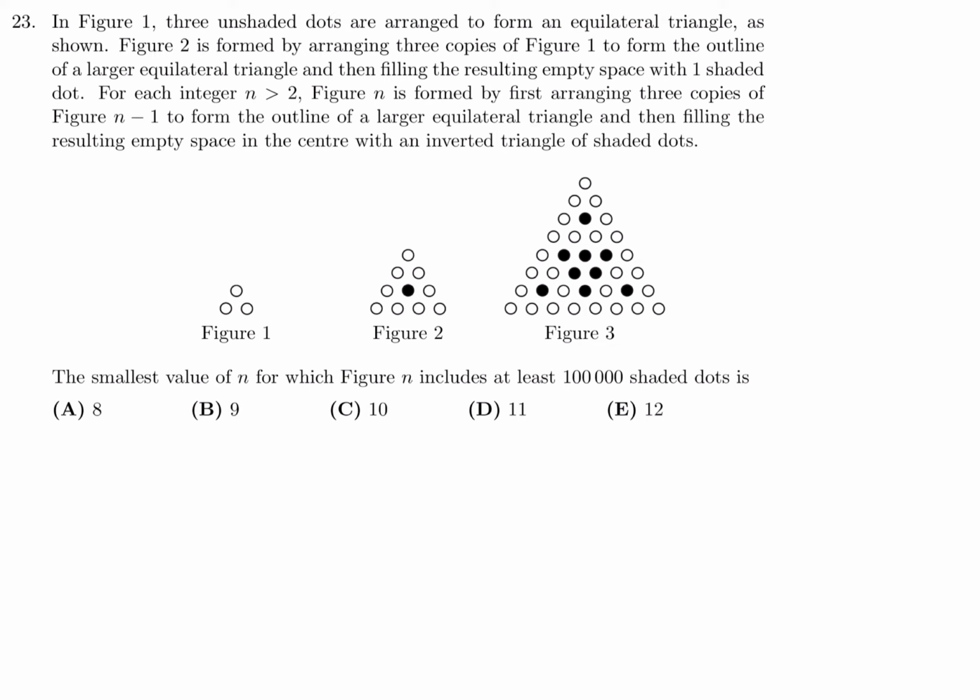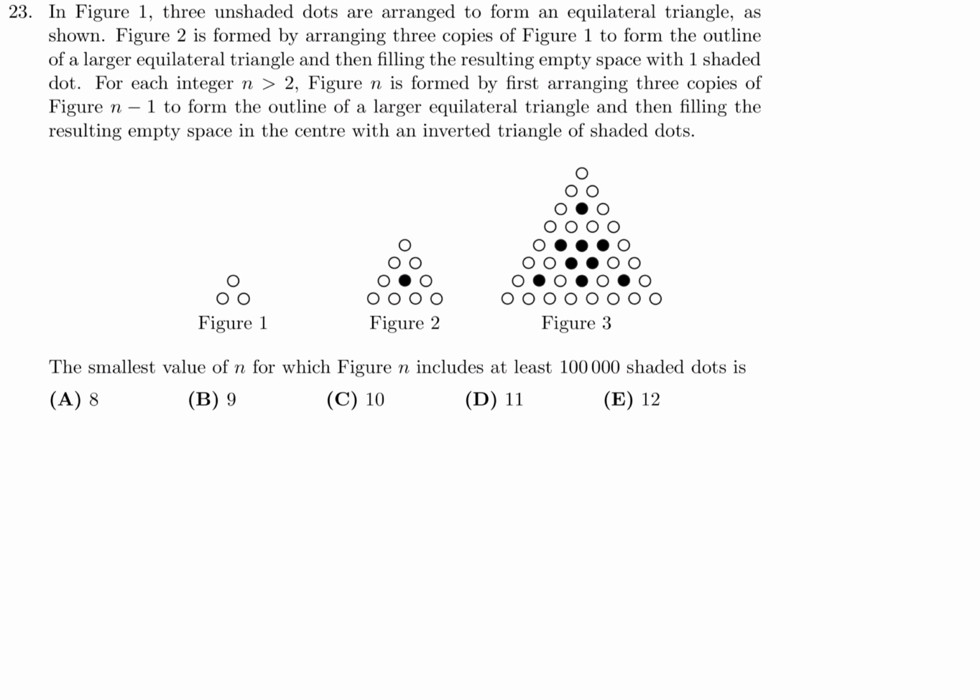In Figure 1, 3 unshaded dots are arranged to form an equilateral triangle as shown. Figure 2 is formed by arranging 3 copies of Figure 1 to form the outline of a larger equilateral triangle and then filling the resulting empty space with one shaded dot. For each n greater than 2, figure n is formed by first arranging 3 copies of figure n minus 1 to form the outline of a larger equilateral triangle, and then filling the resulting empty space in the center with an inverted triangle of shaded dots. The smallest value of n for which figure n includes at least 100,000 shaded dots is